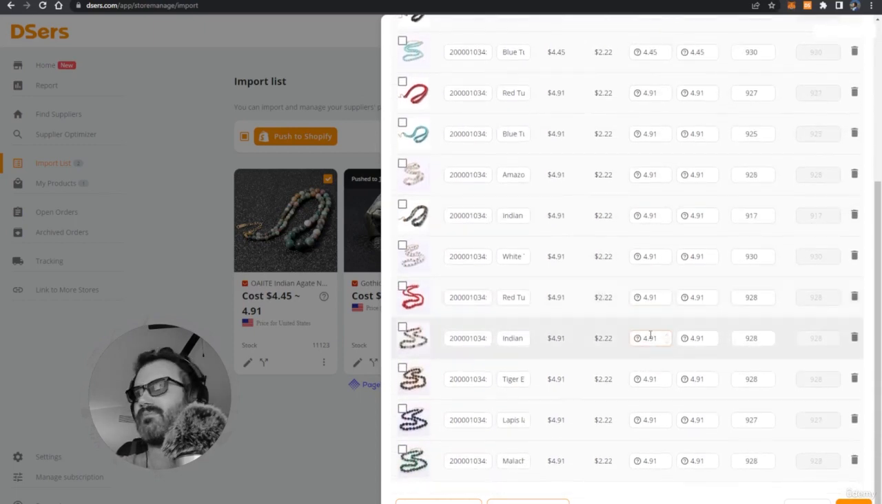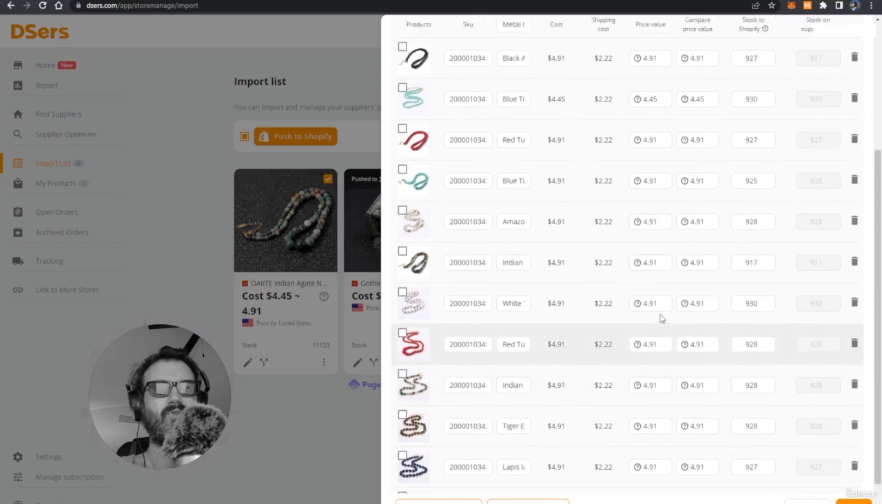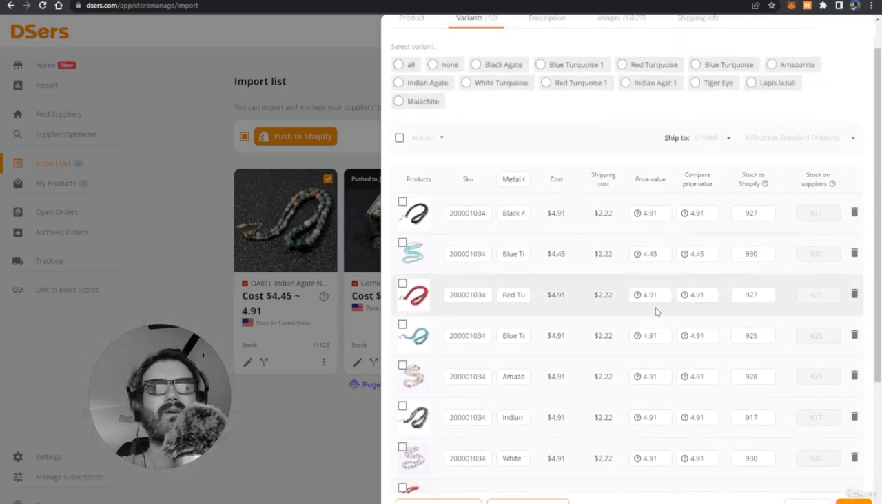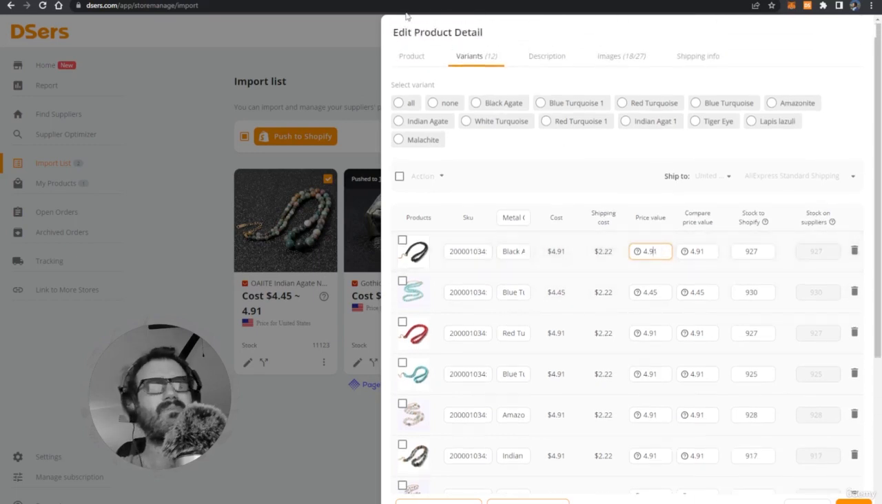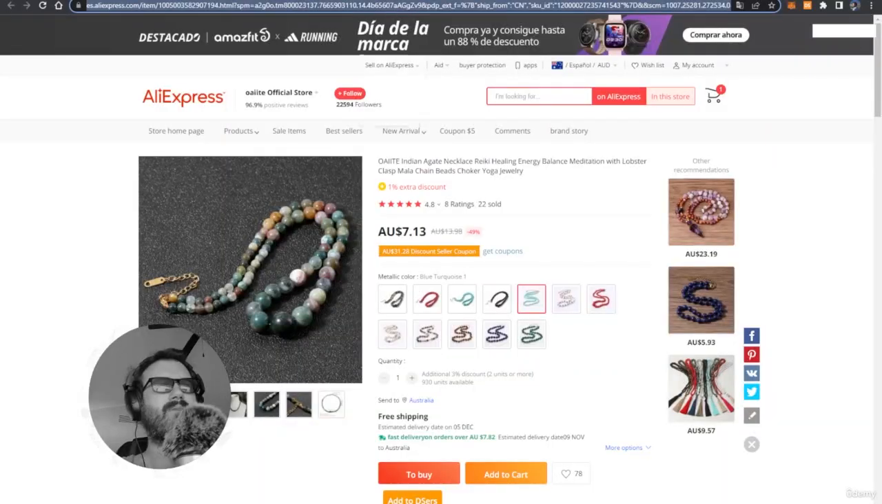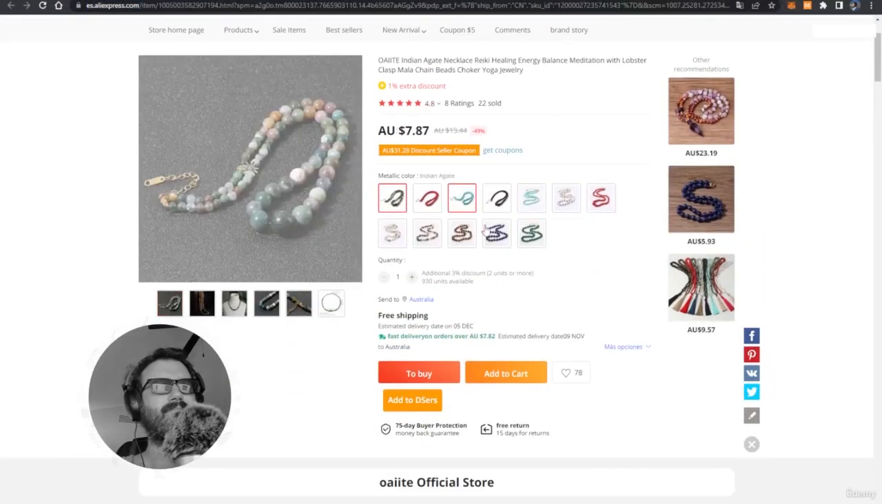I don't always love importing items that have tons of variants, because they're more work. If you have just one variant, one item, it simplifies things, but it'll show you here what the shipping cost is. Sometimes that's right, sometimes it's not. You might want to go back and verify what the shipping cost actually is. So for example,